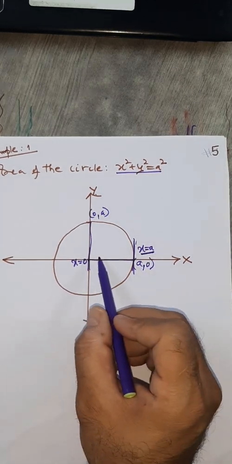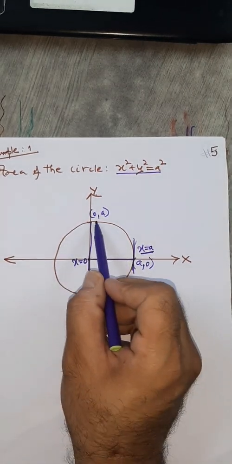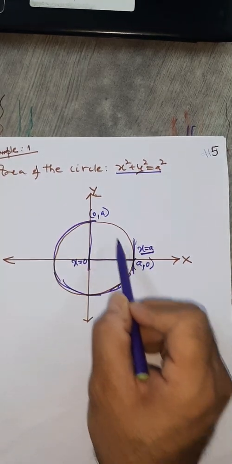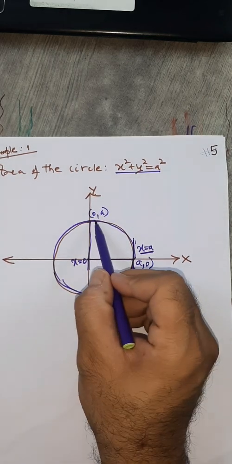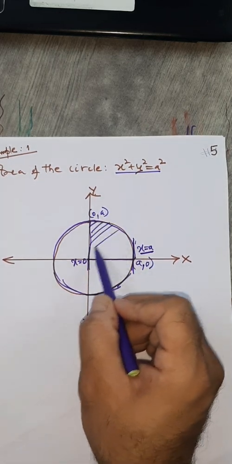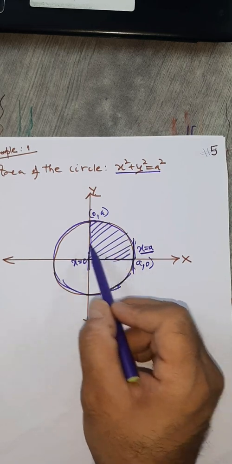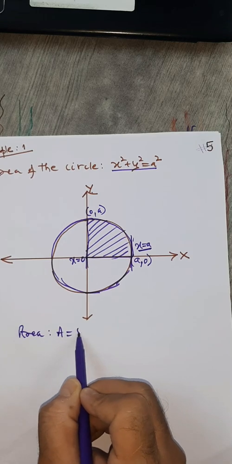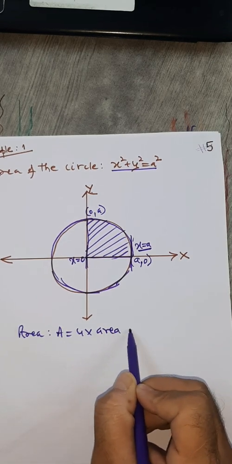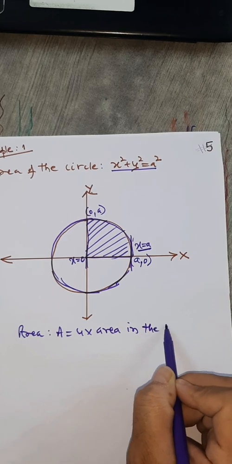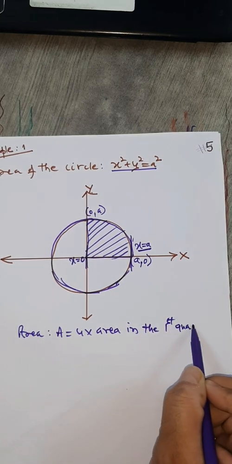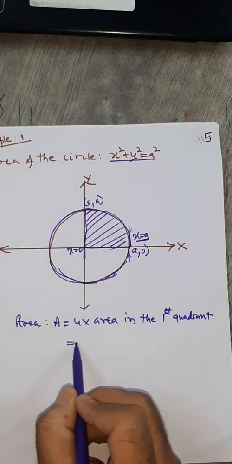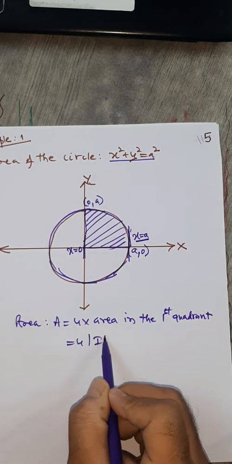x is a. Now what we do, this is a symmetric curve, you know. Area in each quadrant here it would be same. So what we do, we just find the area in the first quadrant and we multiply with 4. So area A equals 4 times area in the first quadrant. Because it's a symmetric curve, area in 4 quadrants, it would be same. So 4 times modulus I,